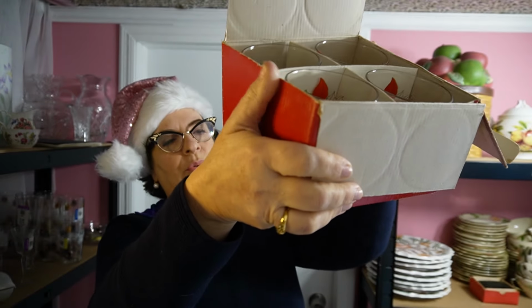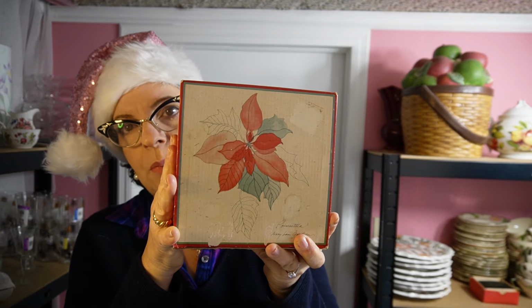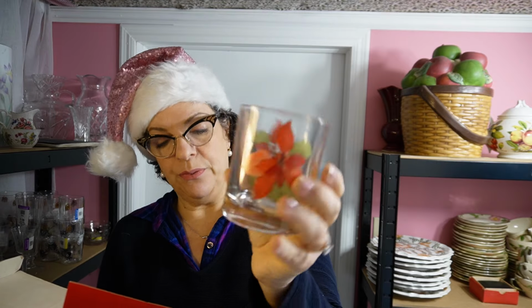They are made in Portugal. I have 4 in one box. The first box has poinsettias like this, but they're the same glasses. Let me open it. Gorgeous. Isn't it nice? Very nicely detailed. I think they're beautiful. So that's a set of 8, coming with the boxes. Block crystal, made in Portugal, 8 old-fashioned glasses. All right, let me go fetch the rest of my glassware, because we're going to talk about